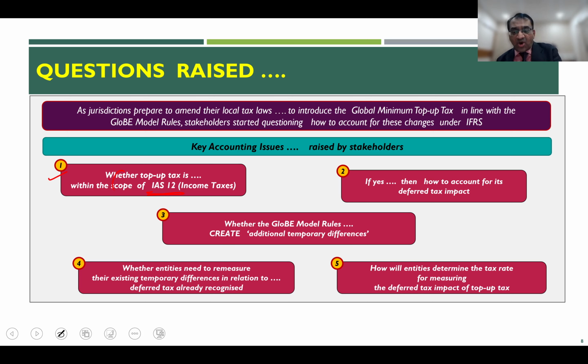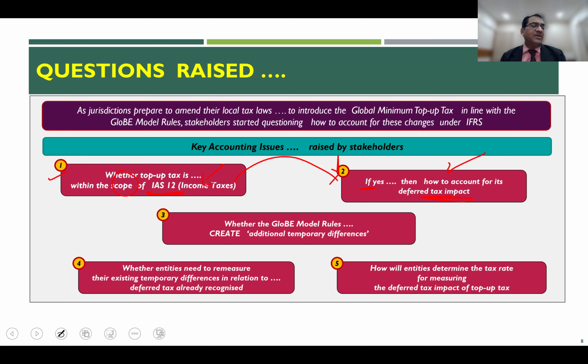First of all, scoping itself was a question, because the minimum top-up tax is not on account of the income earned by the entity, but somewhere else in the group is triggering those taxes. Second, assuming that yes, these top-up taxes are within the scope of IAS 12, or for that matter Ind AS 12 under the Indian situation, then how to account for them,